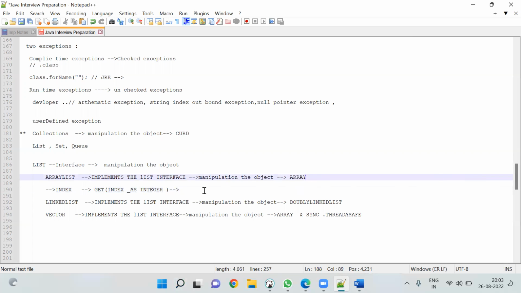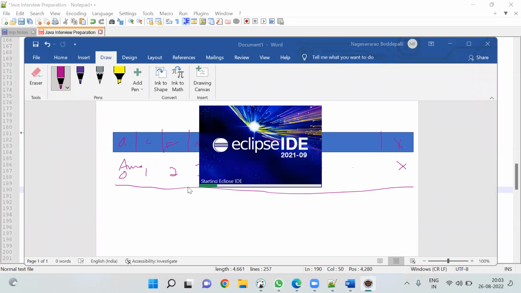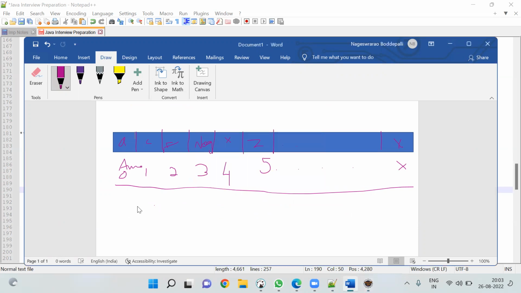Meanwhile, I will tell you that the core implementation of this method goes with the index. The inside implementation is going with the index. Here the array list is also index based. Now, when I want to perform frequent fetch or read operations,